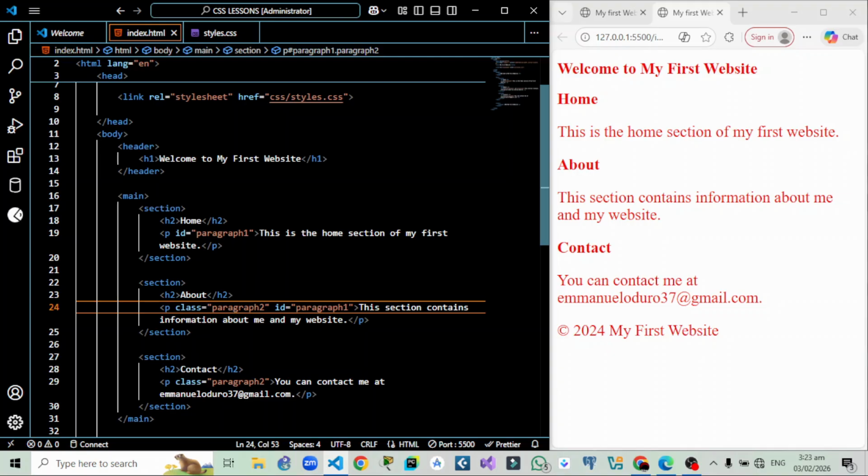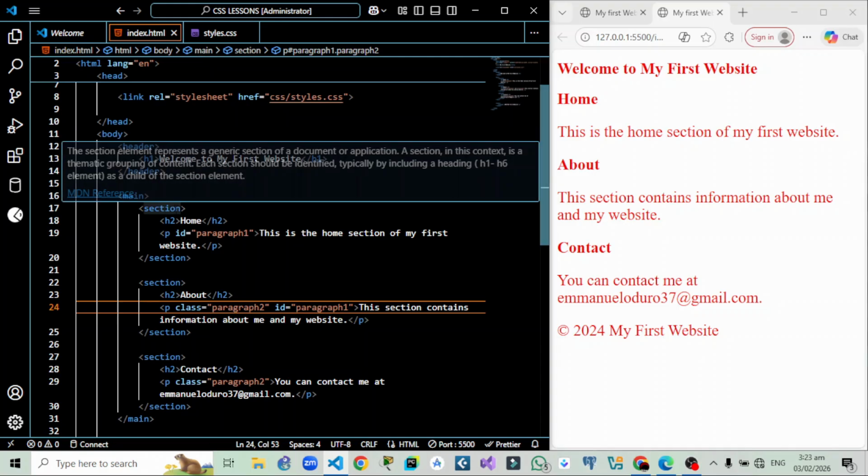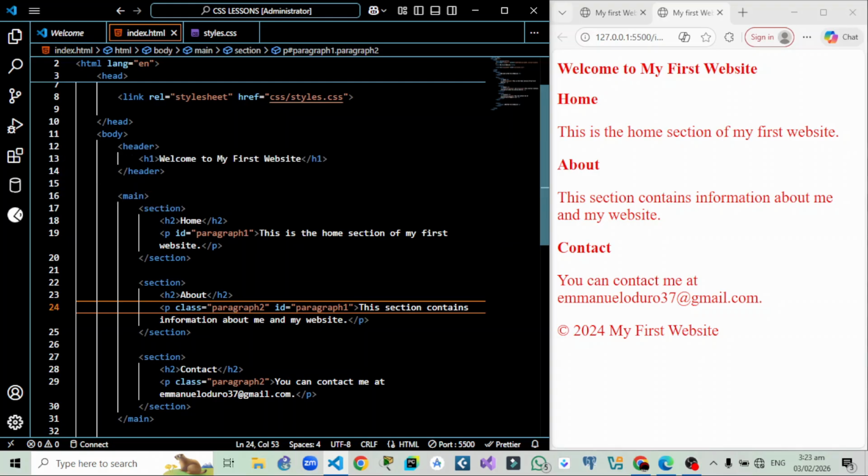You can also use nested selections. Within my main, there is a section, and within my section, there is an H2 tag. So if I wanted to style the H2 tags,